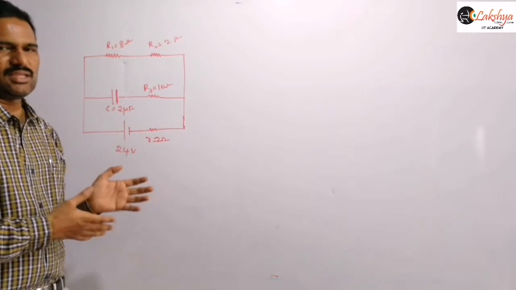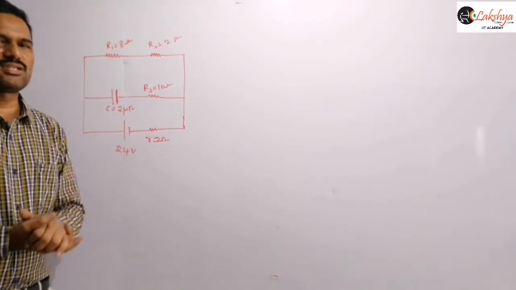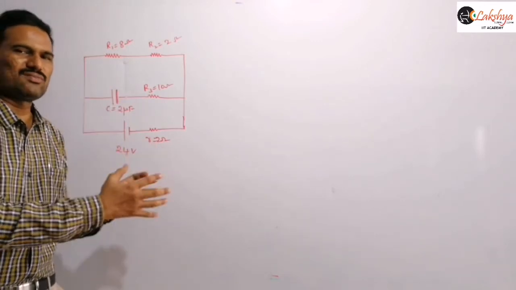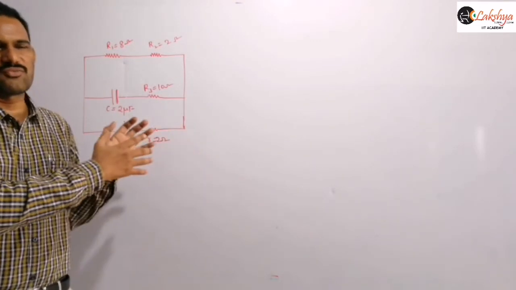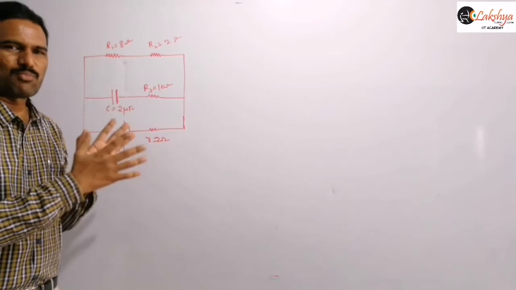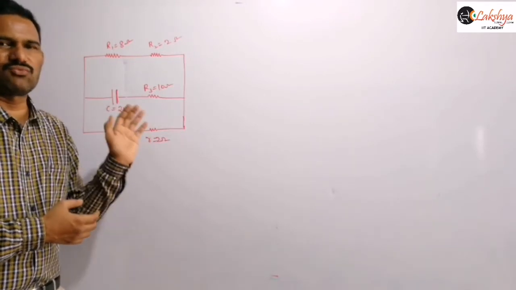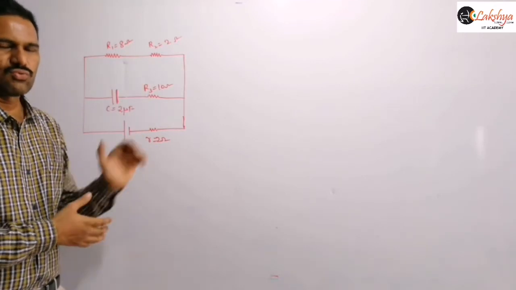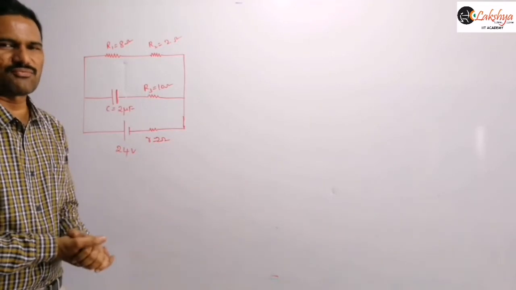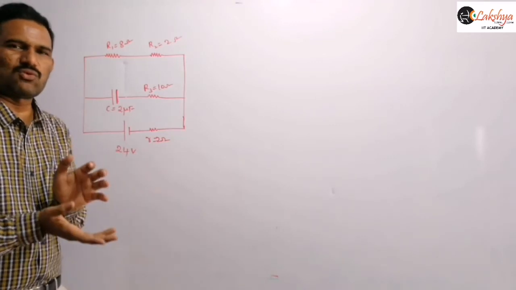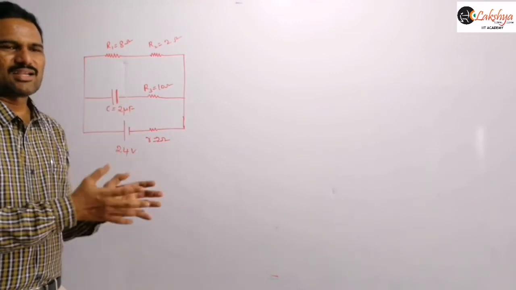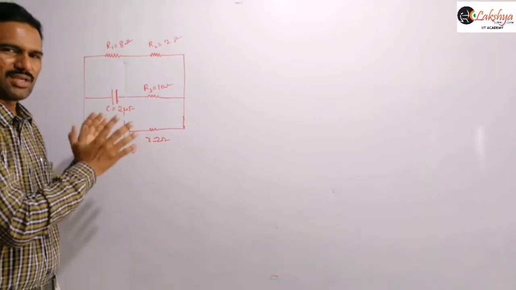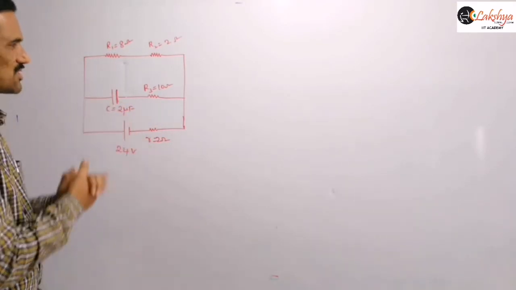During charging and during discharging also we can calculate the current in the different resistors, but we will discuss that after completing the basic points regarding capacitors. Such circuits we call CR circuits, and we will discuss CR circuits after that. In CR circuits we majorly concentrate on the currents flowing in the circuit during charging or discharging of the capacitors. Now here it is after reaching the steady state.